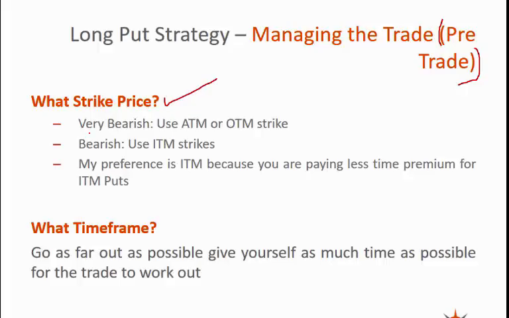It really depends on whether you're very bearish or not. If you're really bearish on the stock and you think it's going to fall, use an at the money strike or an out of the money strike price. But if you're kind of bearish but you just want to give yourself a better chance of winning, use in the money strikes. It will cost you more to buy in the money strikes, but your chances of winning are